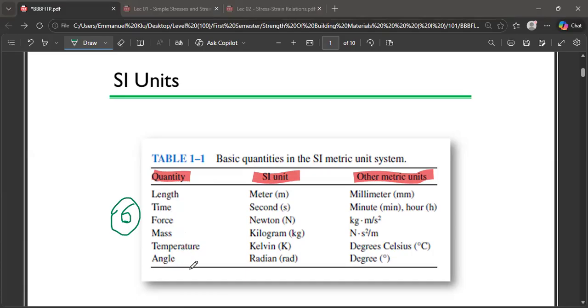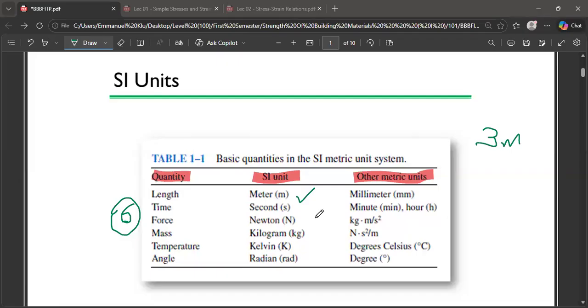Angle. If you are asked to calculate the length of an object, and you take your tape measure and measure, or maybe you do calculations and provide the answer, let's say you had 3 meters, and you just write 3 and leave your answer, you'll be marked wrong. You are supposed to write what? 3 meters. Because length is measured in what? Meters.